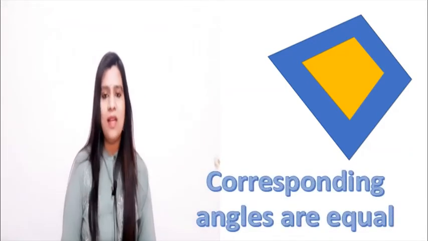Here we are taking two quadrilaterals ABCD and PQRS of different dimensions. Now I am going to put ABCD on PQRS to check whether their shapes are the same or not. Now you can see that they are not looking the same. So I am going to rotate quadrilateral ABCD on PQRS and we can see now that they are looking exactly like the same shape. This is possible only when the corresponding angles are equal.